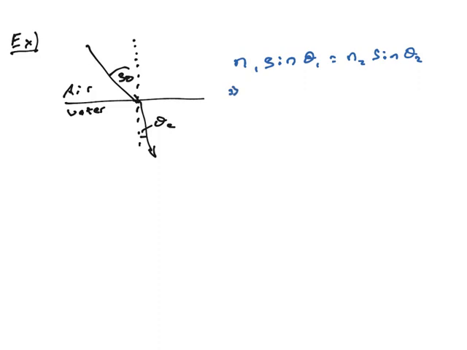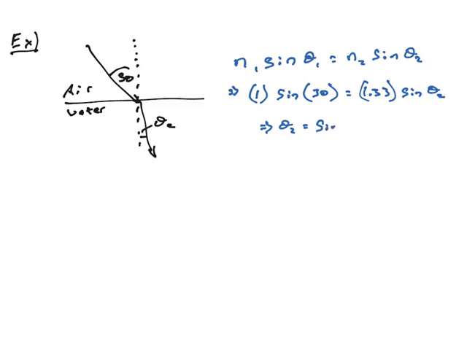So N1, that's the index of refraction for air, which is 1. Sine theta 1, the angle of incidence coming in, is 30 degrees. Equals N2, I'm now in the water, 1.33. Sine theta 2, well, theta 2 is the thing I'm trying to calculate. So I solve for theta 2,